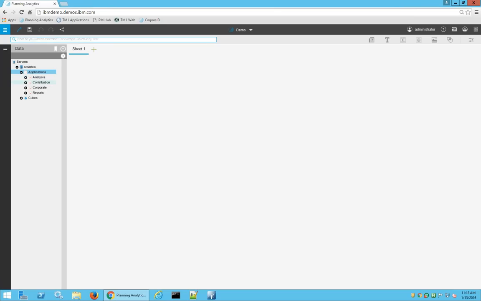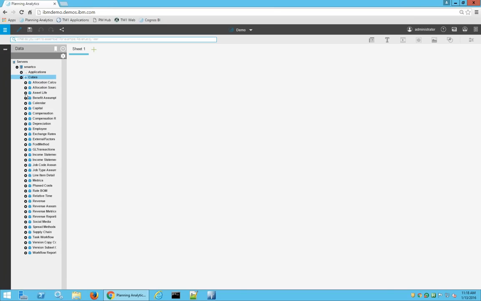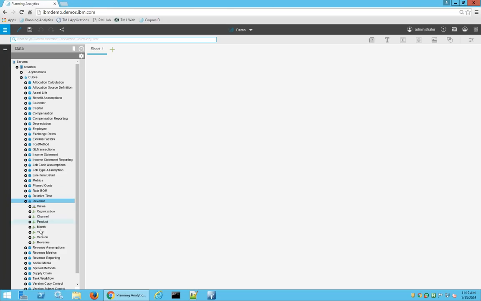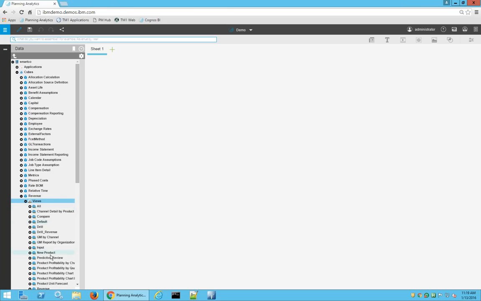see my web sheets here, and you'll be able to drag and drop your web sheets onto the Planning Analytics grid, or of course you'll be able to also see your cubes and your dimensions, your subsets, everything that was created in TM1. And so what I can do, for example, is I can go to a particular cube, and I can click on it, and if I expand it, you'll see that I see the dimensions in that cube. I can see all my views in that cube, and then I can simply drag and drop the view that